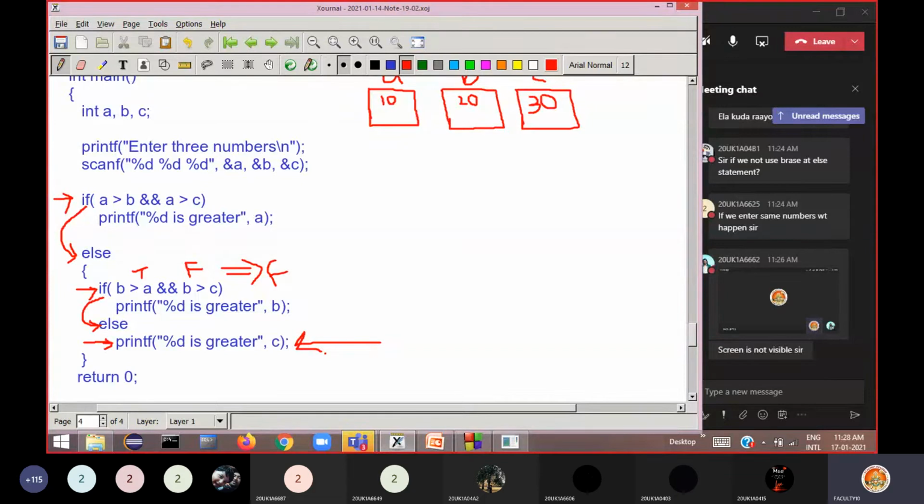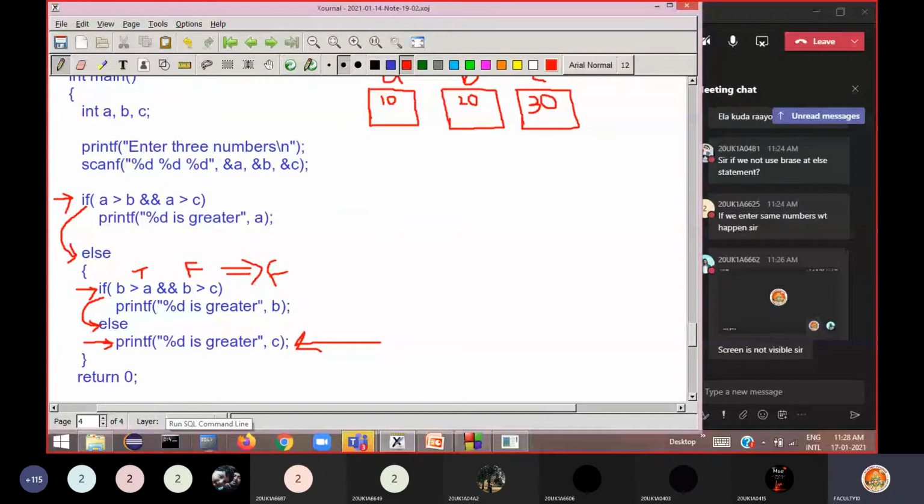interviewer. Sometimes the interviewer gives this program and asks, if I enter these three numbers, what is the output I will get first? If you say 30 is greater, it will be printed, sir. Okay, so from which printf? Because all these printfs print in the same manner: percentage d is greater, percentage d is greater. So from which printf statement is that output printed, and why does he ask? Then you should explain in this manner.